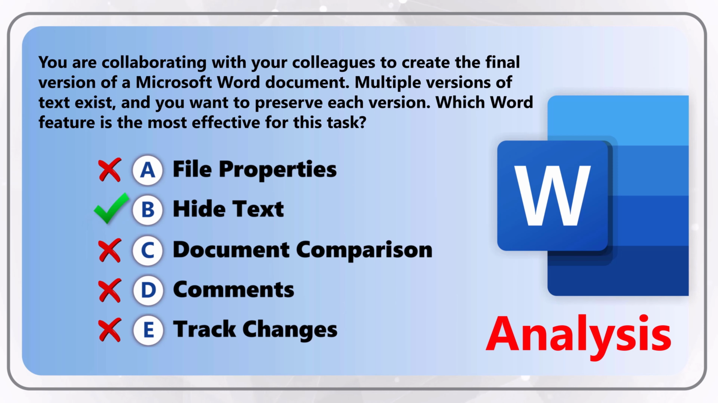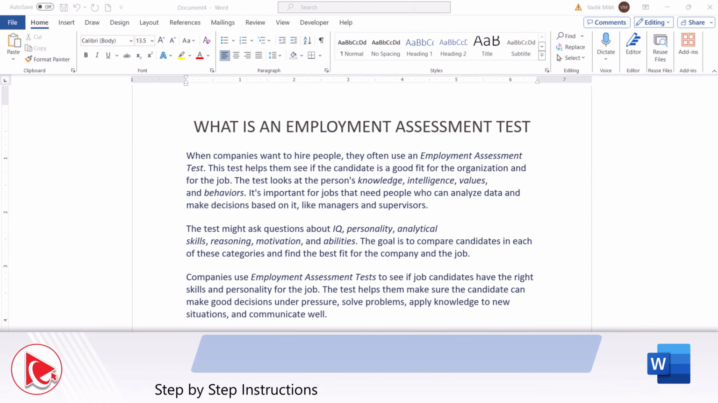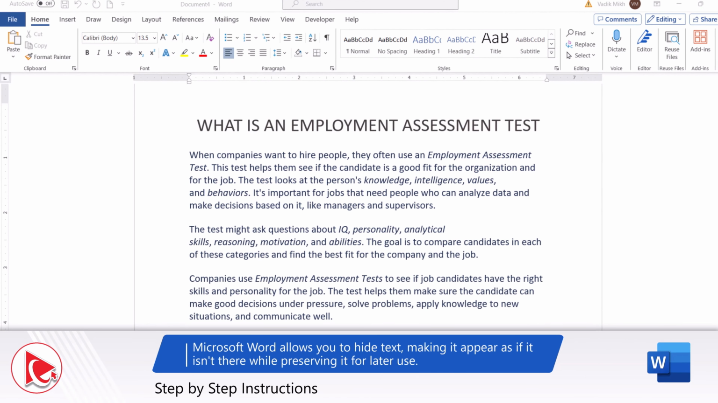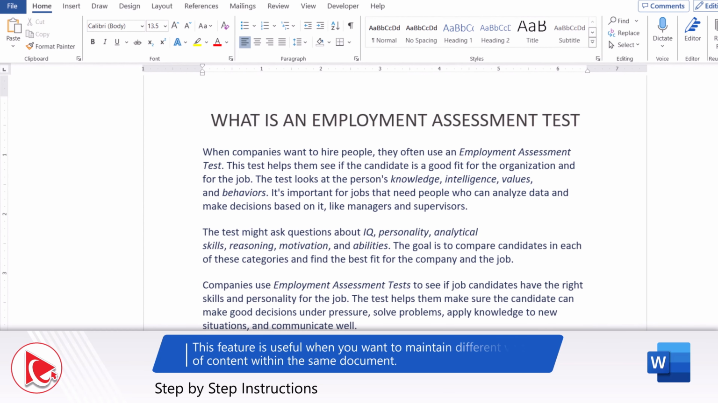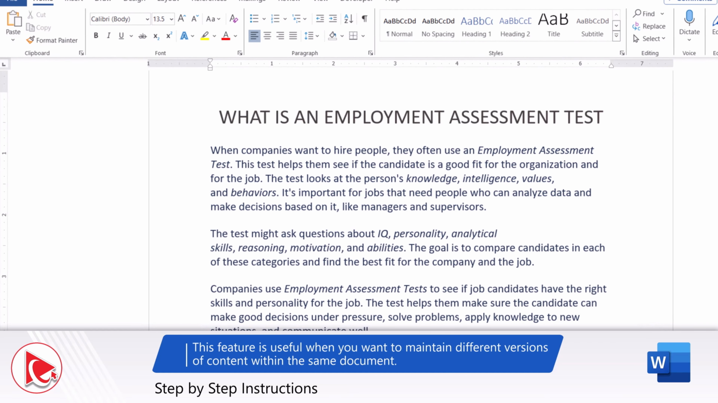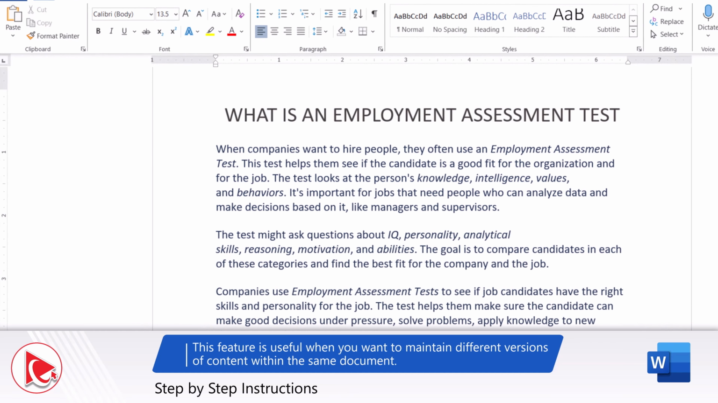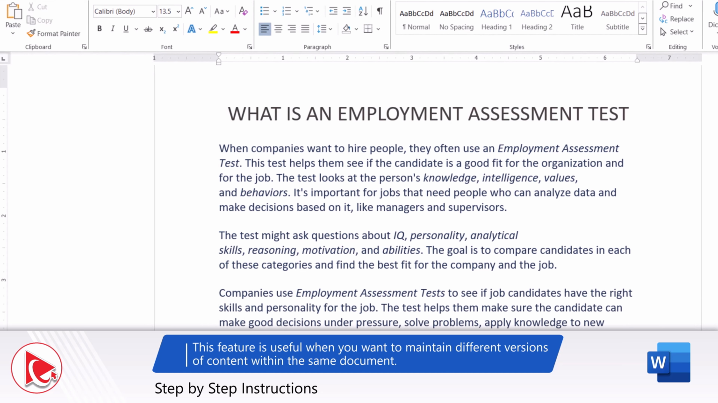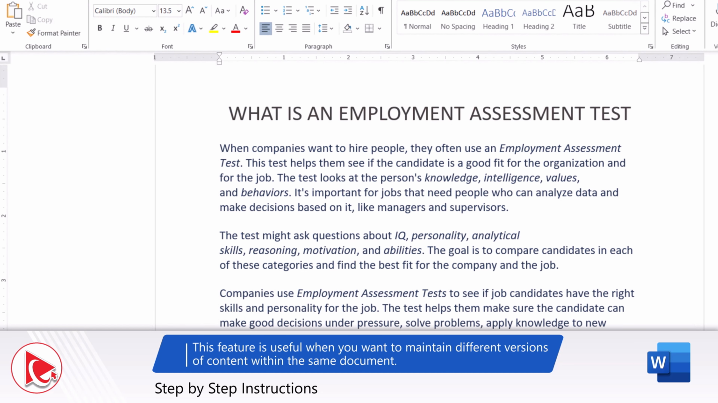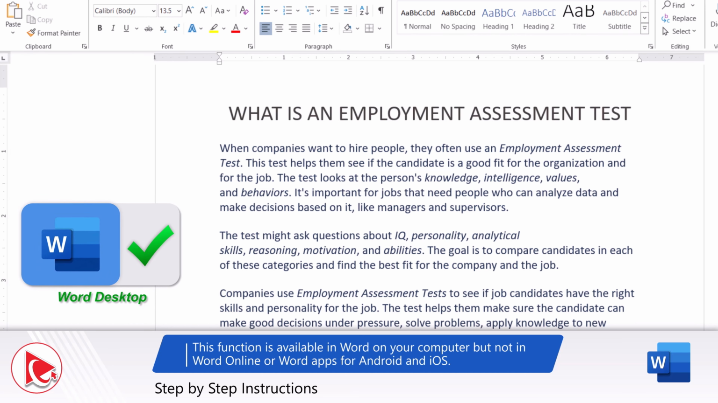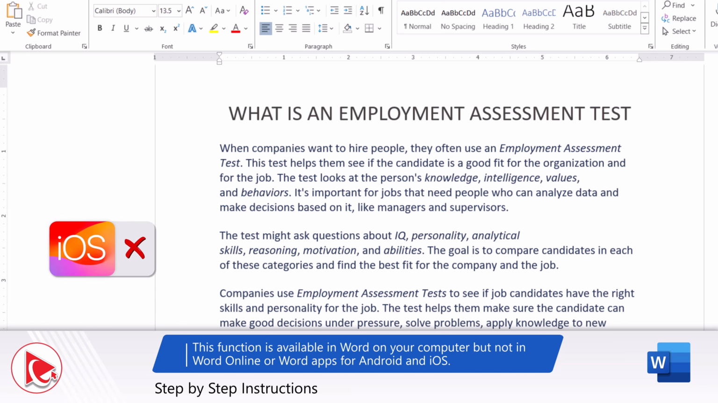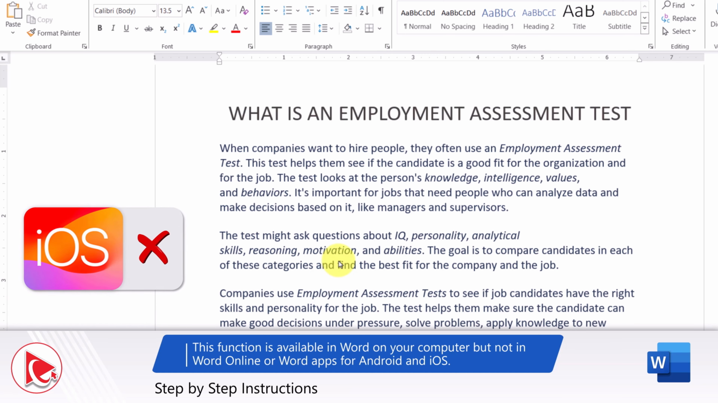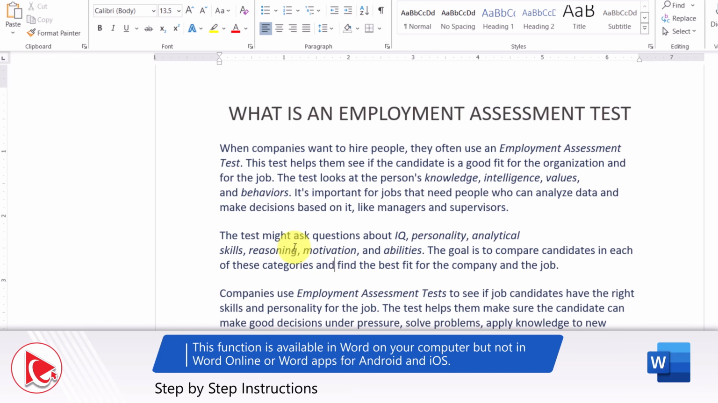What's interesting, Microsoft Word allows you to hide the text, making it appear as if it isn't there while preserving it for later use. This feature is very useful when you want to maintain different versions of content within the same document, and it also applies to images and embedded components. There's one limitation of this function because it's available in Word on the desktop, but not in Word Online or Word apps for Android or iOS. Because hiding the text is such a useful feature, let's take a look how you can use it in more